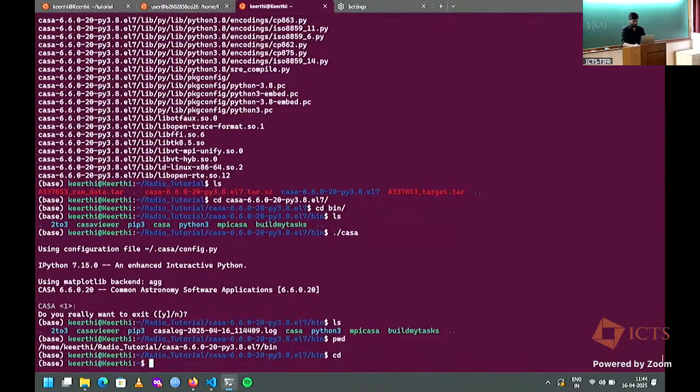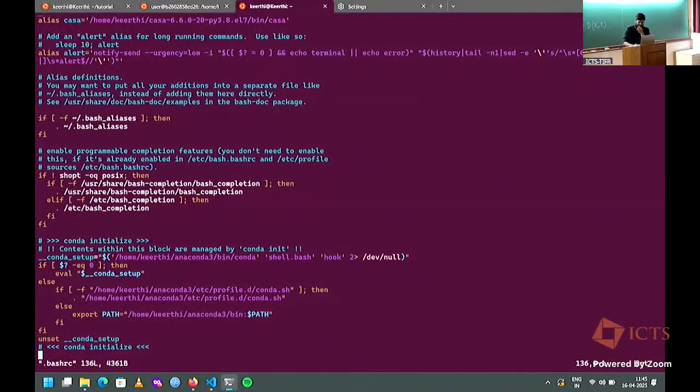If you go to your home and open your .bashrc file, just open the .bashrc file and add